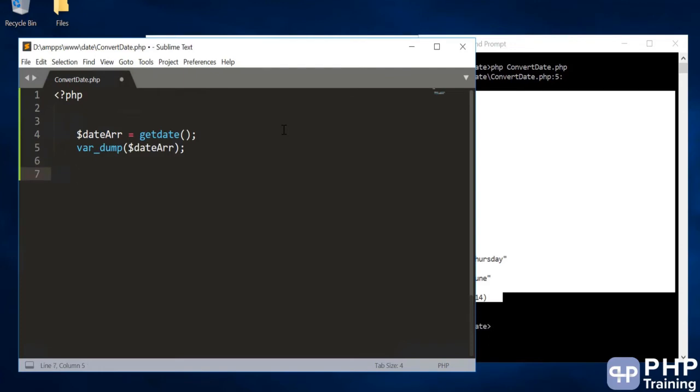Okay, so let's do a foreach of a date array as $format and then the value. Now we'll say $format, $value.